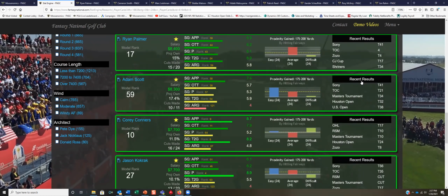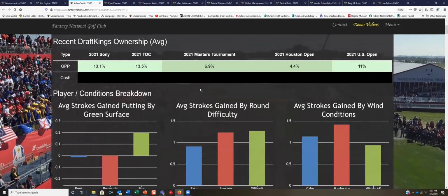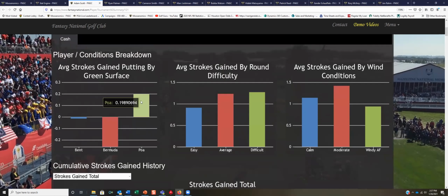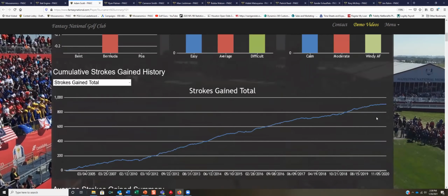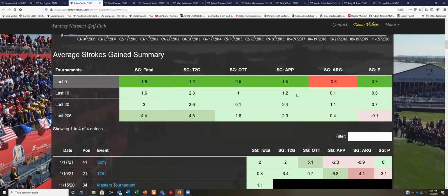in a second. Adam Scott. So recent form has been okay, but he did have a second place in 2019 here. And you saw all the different things I pulled up. He's popped up in past history at Bethpage Black. He is positive on POA. Can play in some wind. Strokes gained is on the way up. Solid tee to green. We all know he can get a hot putter or he cannot,